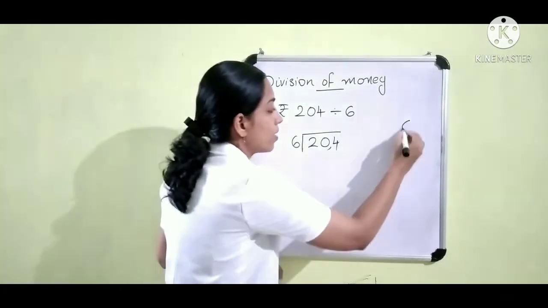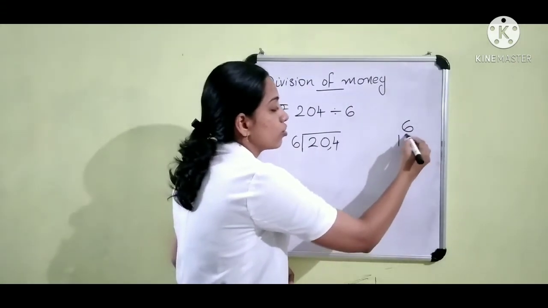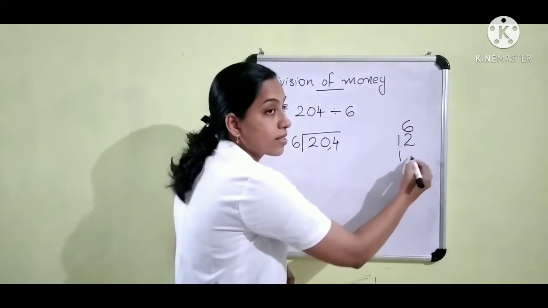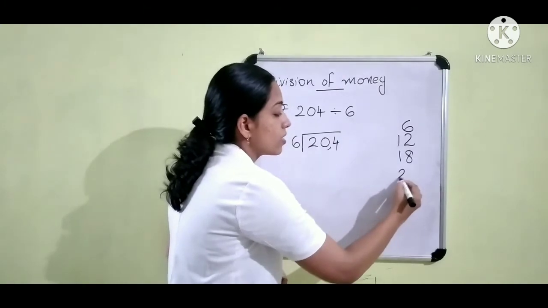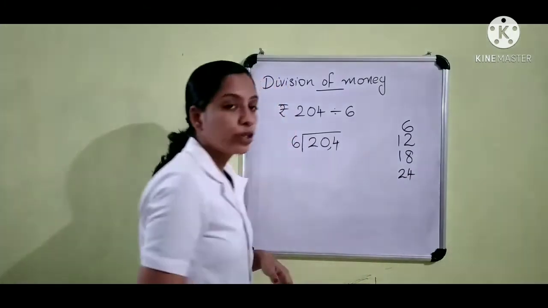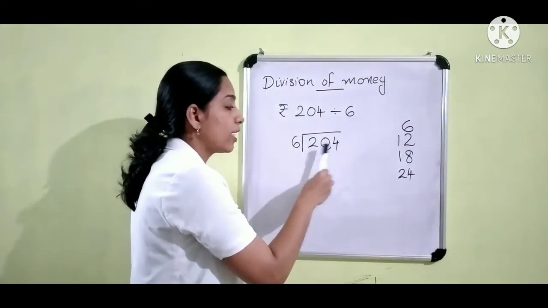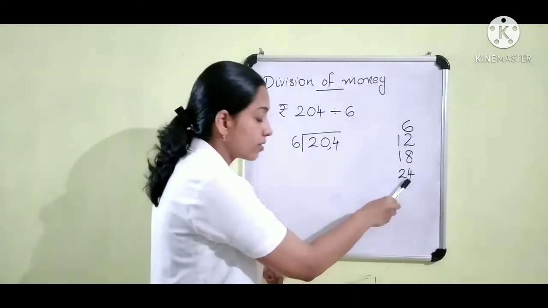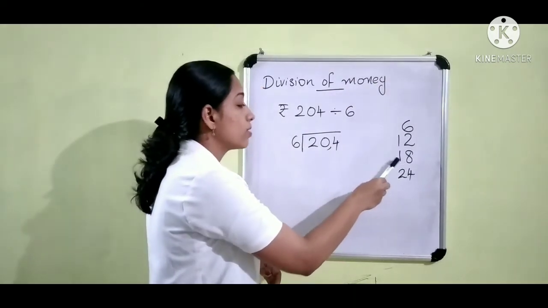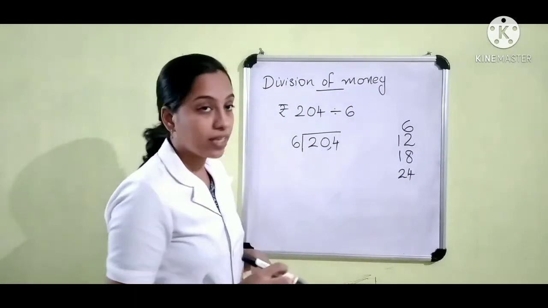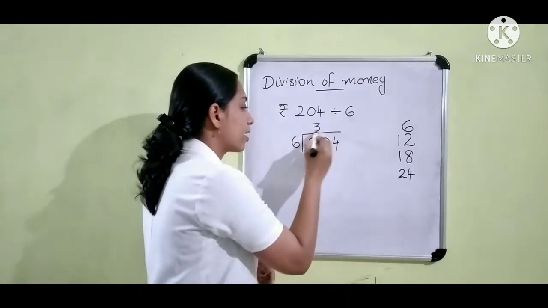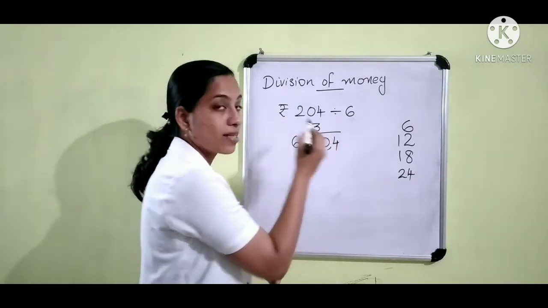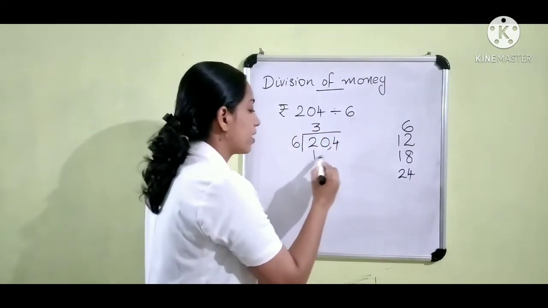That is 6 into 1 is equal to 6. 6 into 2 is equal to 12. 6 into 3 is equal to 18. 6 into 4 is equal to 24. Here the number 20 is smaller than 24. So we can't take this number. So let us take 6 into 3 is equal to 18. So we can write here 3. Then multiply 6 into 3 is equal to 18. So let us write here